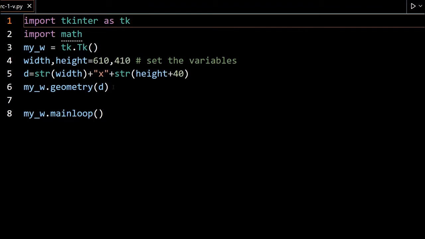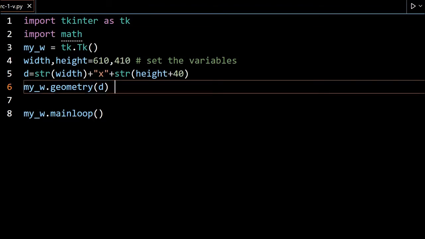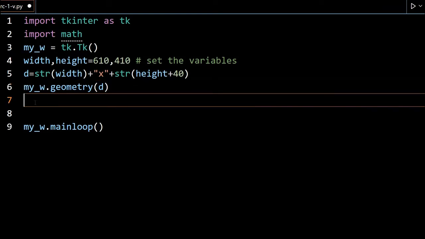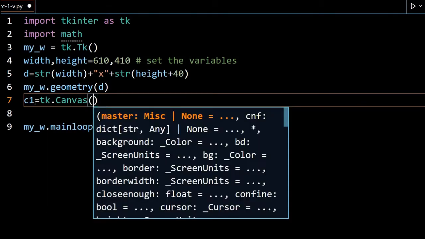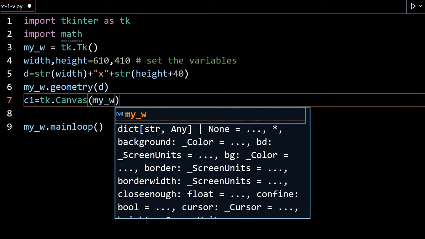This is our blank template or blank window. We have imported the math module here because we will be using sine and cos, which requires math, for the movement of the coordinates for the pointer. Now first we will start with our canvas. C1 equal to tk dot Canvas. This is in my parent window, w, line number 3. You can see we have declared it.